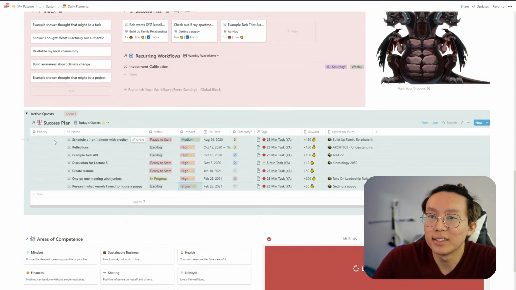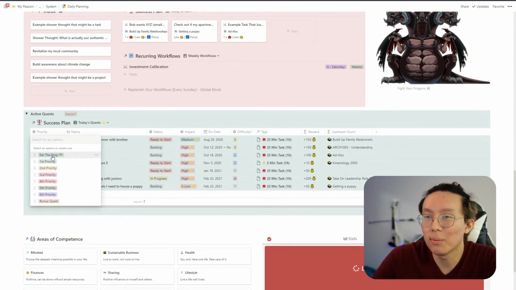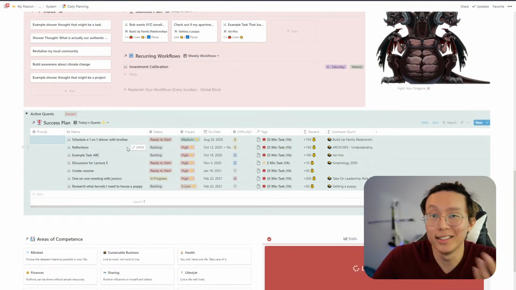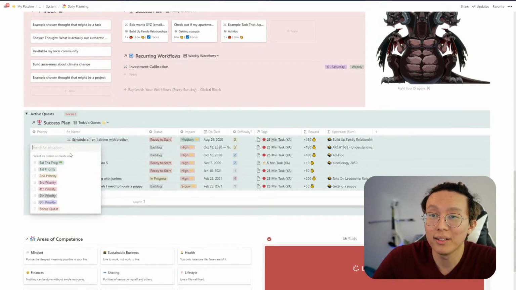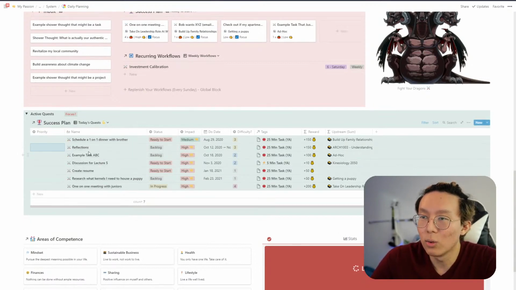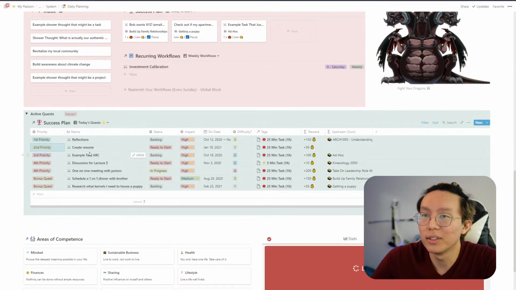And based on this, I can just say, hey, this was on the top. I probably should eat the frog, which just means that it's the hardest thing for me to do. I'm going to do it first. Maybe the second one is my first priority, and then so on. So why that's important is because when I'm able to have these priorities, and let's say I make this the fifth priority, what I can do is go